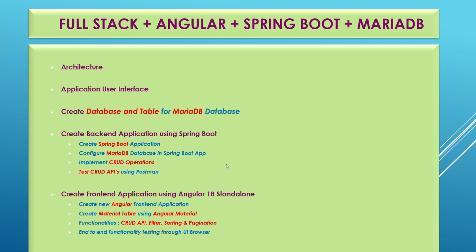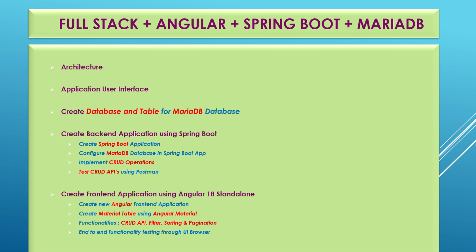Next we will implement CRUD operations on the backend side in the Spring Boot application, and finally we will test our CRUD APIs using Postman. So this is about all the points which we are going to cover as a part of backend development. Next, on the front end side we are going to create our front end application using